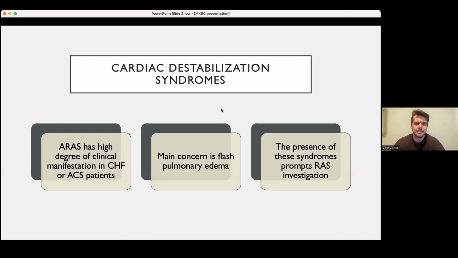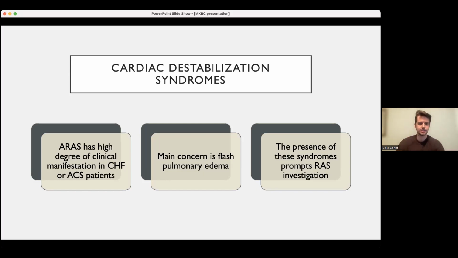Moving on to cardiac destabilization syndromes. What these syndromes are, basically, are syndromes that destabilize your heart. And the main syndromes that we're worried about are congestive heart failure and acute coronary syndrome patients, because RAAS has a high clinical